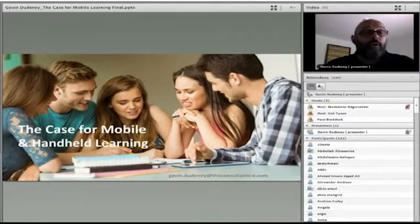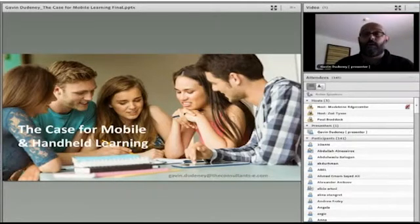And I'm just going to be working through some of the reasons that I think mobile is probably the first technology that we've had in teaching which stands a good chance of sticking around for quite some time. So I'm going to look at various